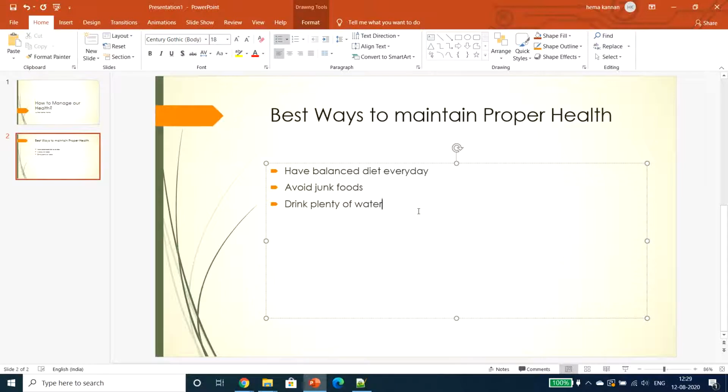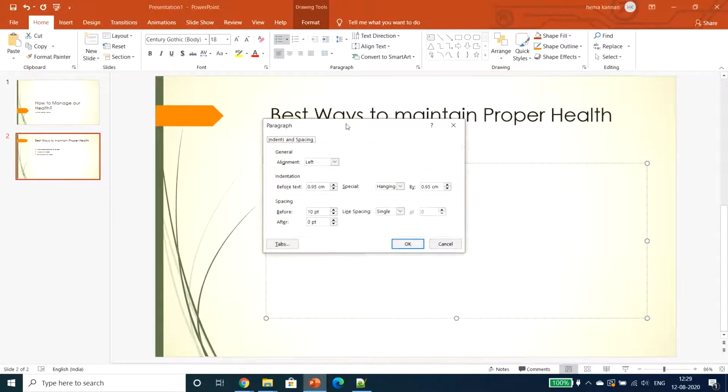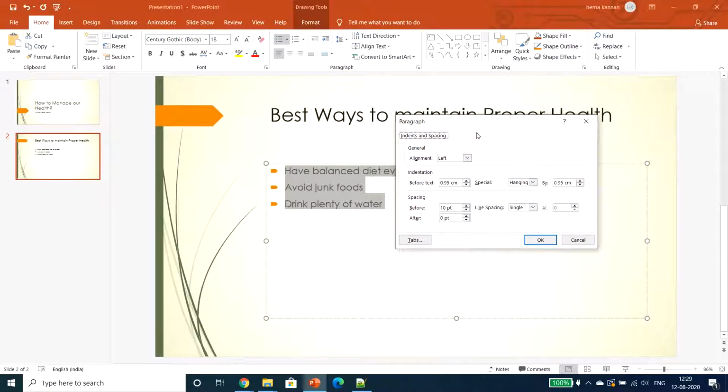If you need to format the paragraph here, just select it. I need some more space because it should be catchy, and at the same time it should be readable. So I just right click and select Paragraph. In this Paragraph dialog, you have alignment, where I can choose left or right. Left is correct.